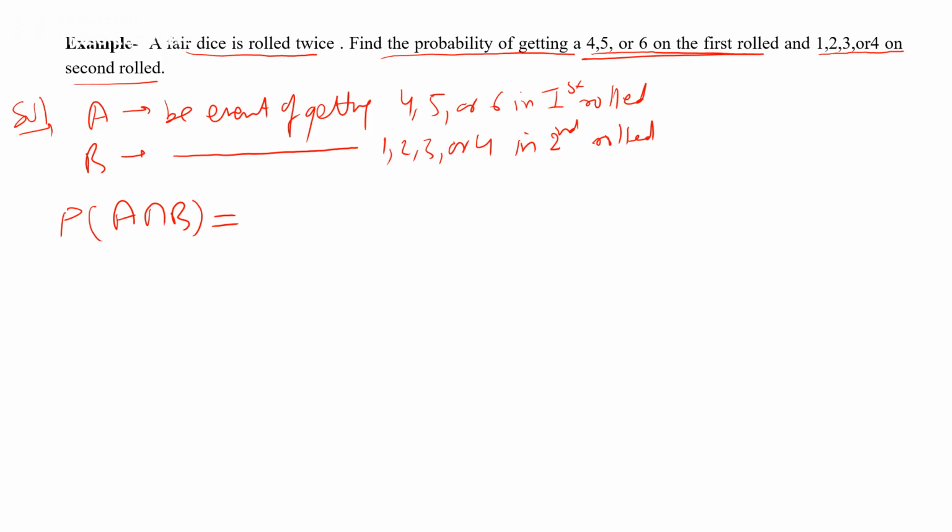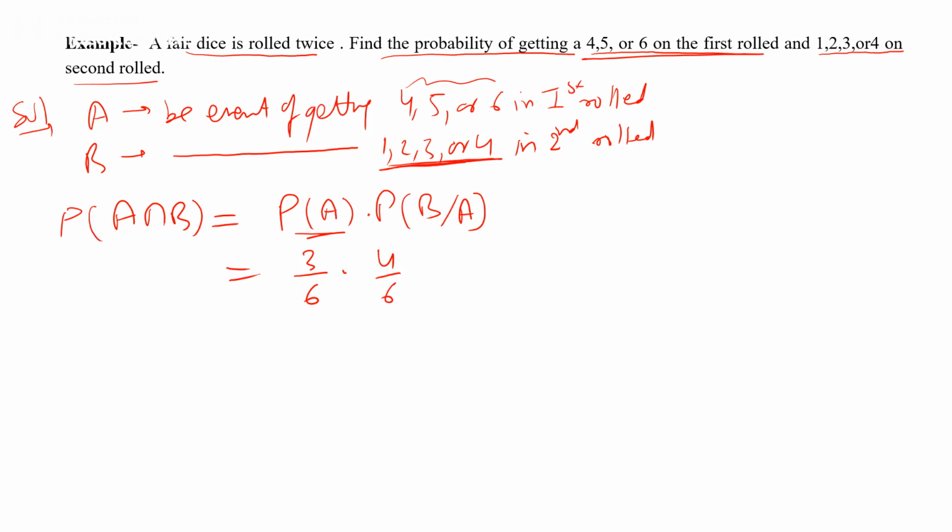Here, the probability of A intersection B, we write as probability of A times probability of B when A has already occurred, when the first roll is done. So the probability of A, that is 4 or 5 or 6, means there are 3 numbers out of 6, so we can say 3 by 6, and the event B when A has already occurred: here, how many numbers? 4 out of 6. So when we solve we get